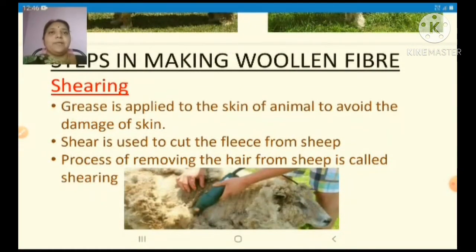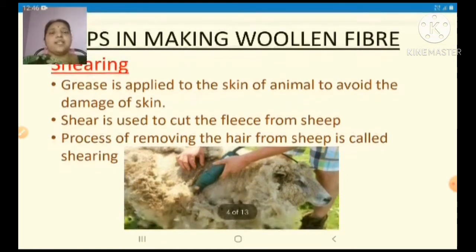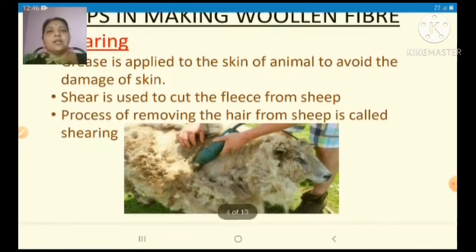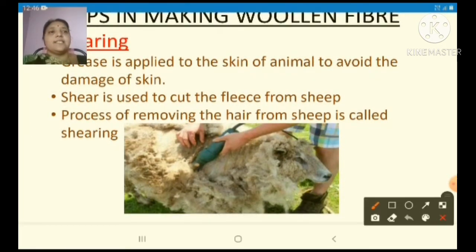The first step is shearing. In this step, shearing, the wool is cut from the animals. Here you can see this is the instrument, the shear, which is used. You can see in this picture how this person is shearing or removing the wool from the sheep. So the process of removing or cutting the wool from the animal is called